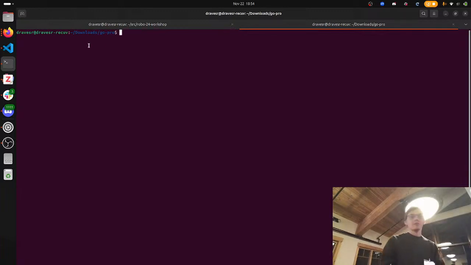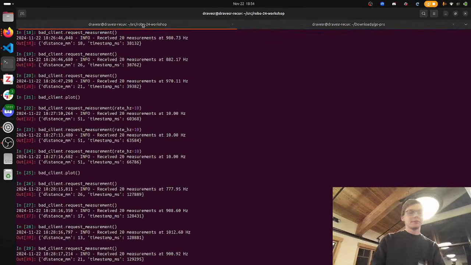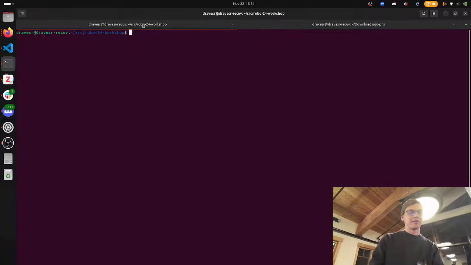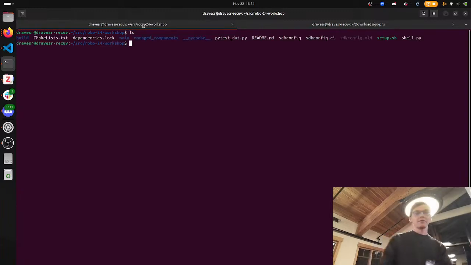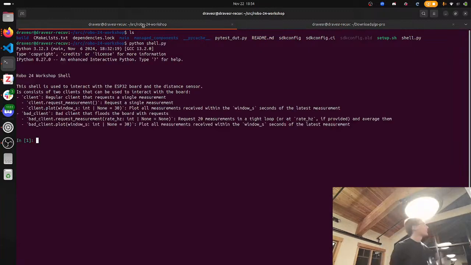Okay, we'll go ahead and give a little demo here and try not to spoil all the surprises. In the repo that I have here, once you have your environment set up, you can run this shell.py that I created. I have another one of these boards, a little hard to see, off the side of the podium, connected, and the sensor's pointed to the podium, so a pretty close distance is what we're expecting.